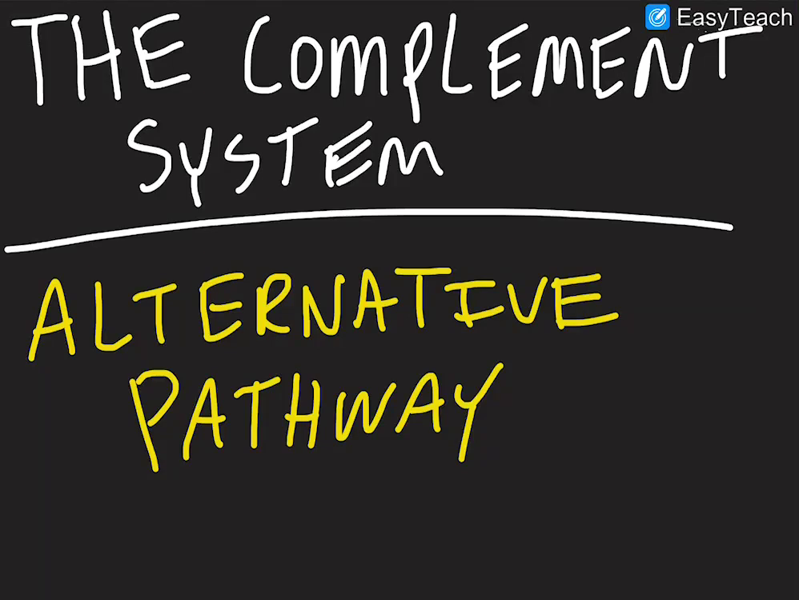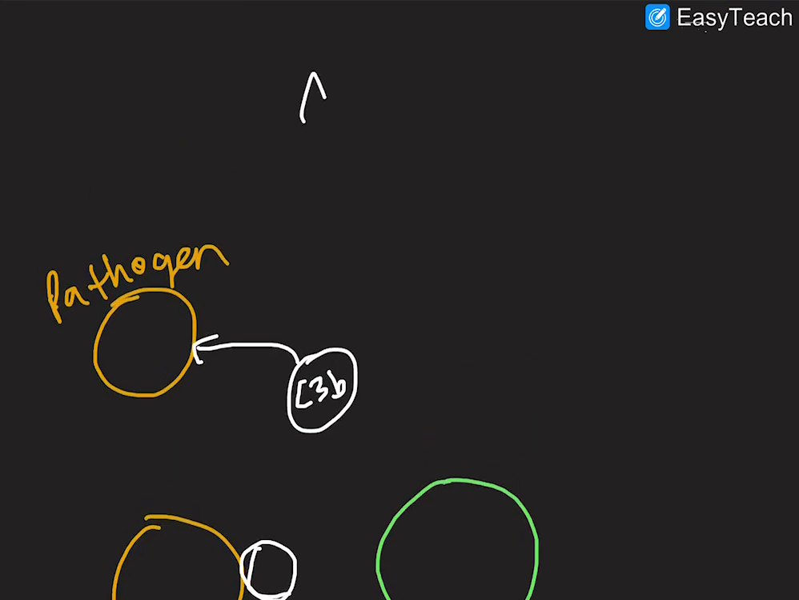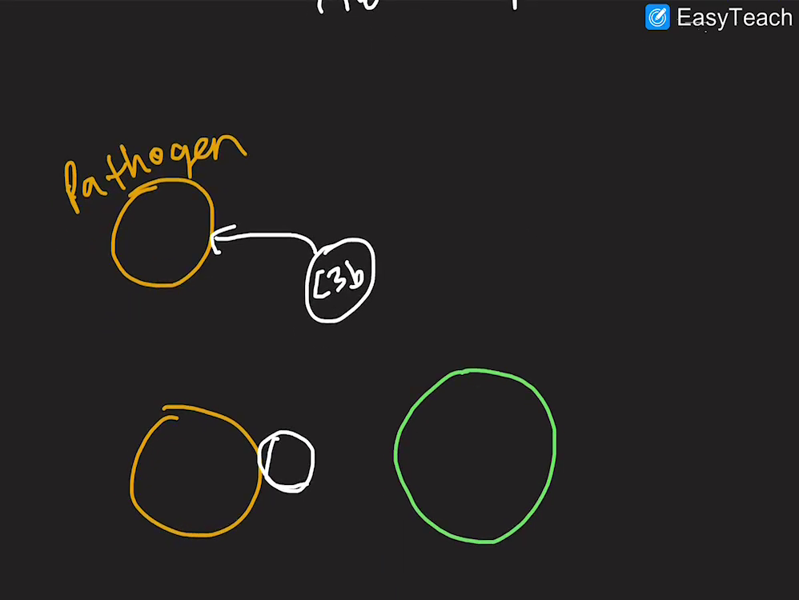In this video, we'll be talking about the complement system again, but this time we'll be talking about the alternative pathway. Okay, so let's see how this works. If we remember the classical pathway, you needed antibodies, like IgG and IgM. But in the alternative pathway, this is antibody independent. What this means is you don't need antibodies for the alternative pathway to become activated and for it